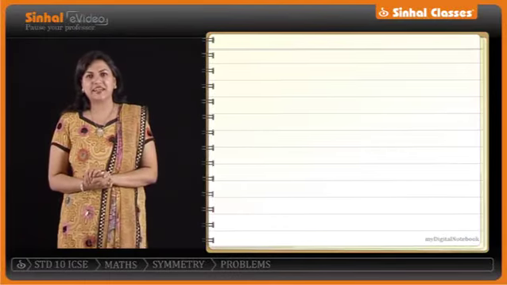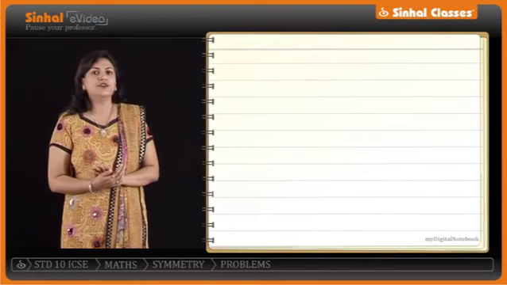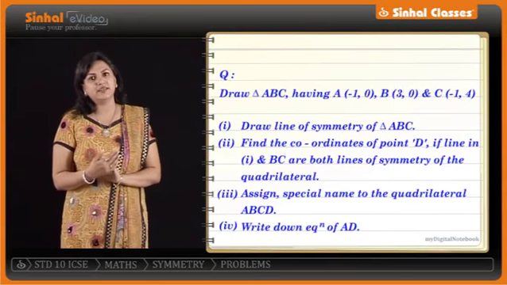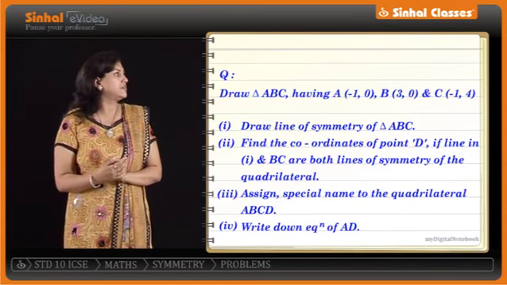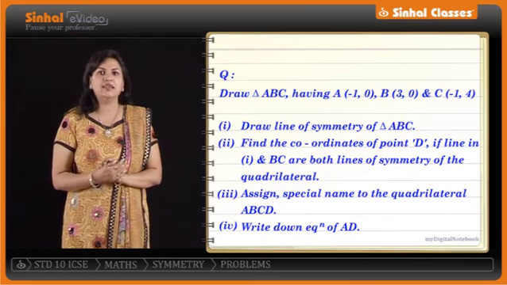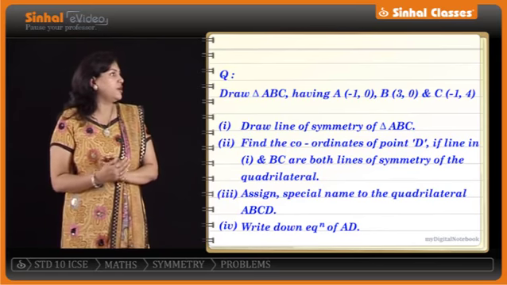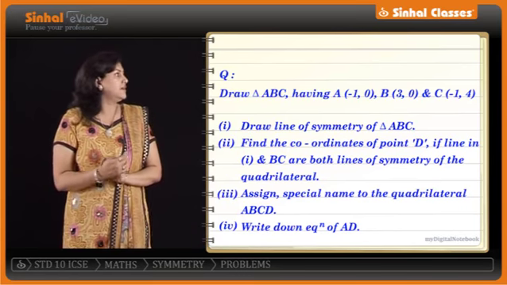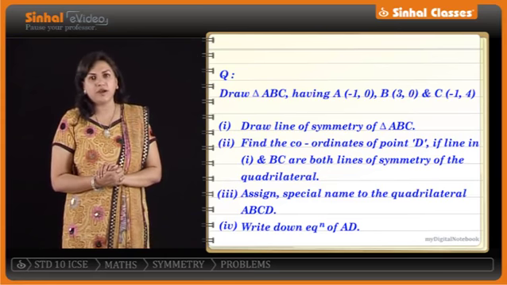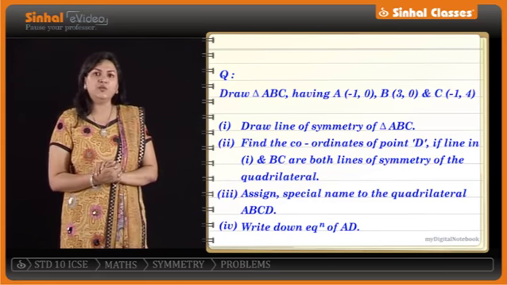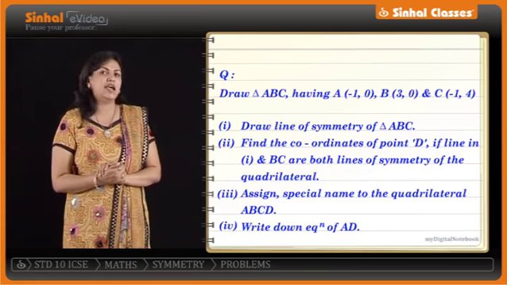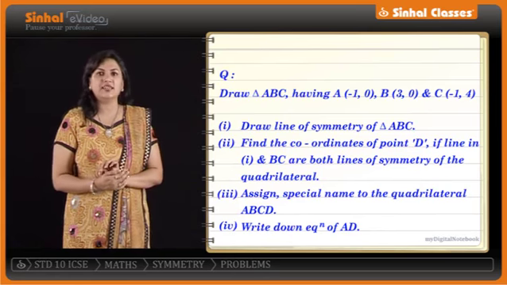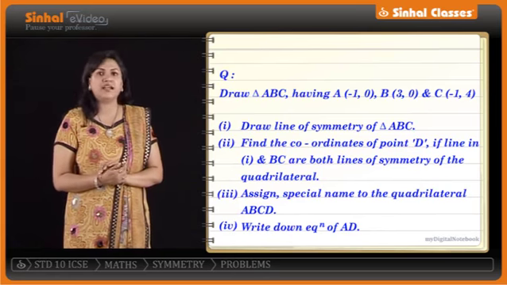Now let's consider the next problem. Here we have: draw triangle ABC having A (-1, 0), B (3, 0) and C (-1, 4). Draw the line of symmetry of triangle ABC. Find the coordinates of the point D if line L1 and BC are both lines of symmetry of the quadrilateral. Assign a special name to the quadrilateral